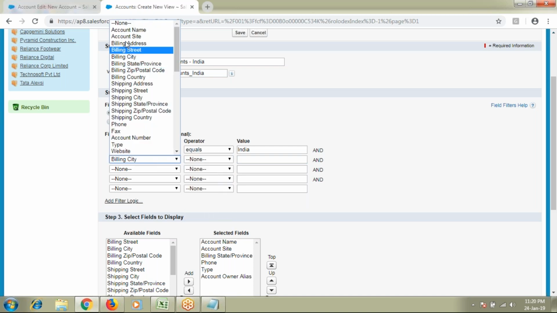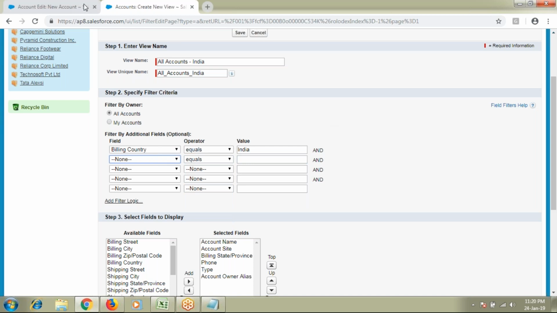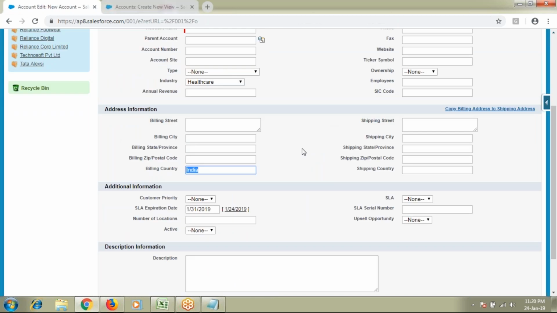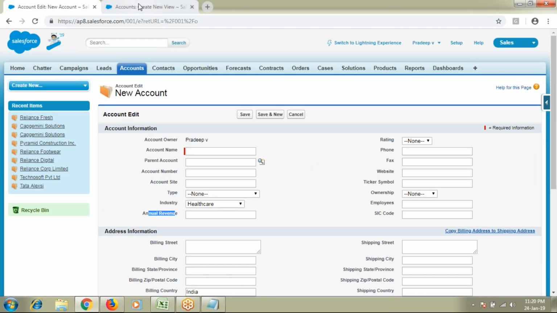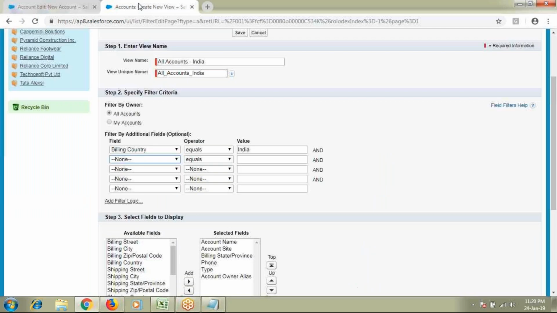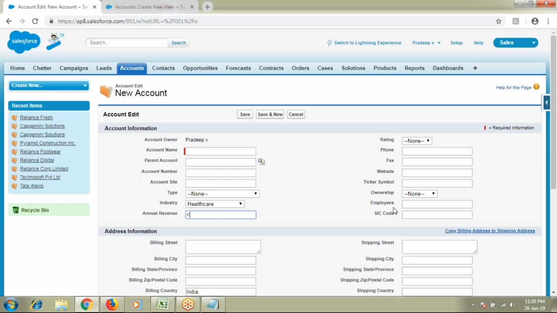Like this, you can add as many conditions as you can. Whenever you practice, create as many records as you can, with different annual revenue values, and create a list view where annual revenue falls between 10,000 to 50,000. Create as many account records as you can, giving different records different annual revenues.